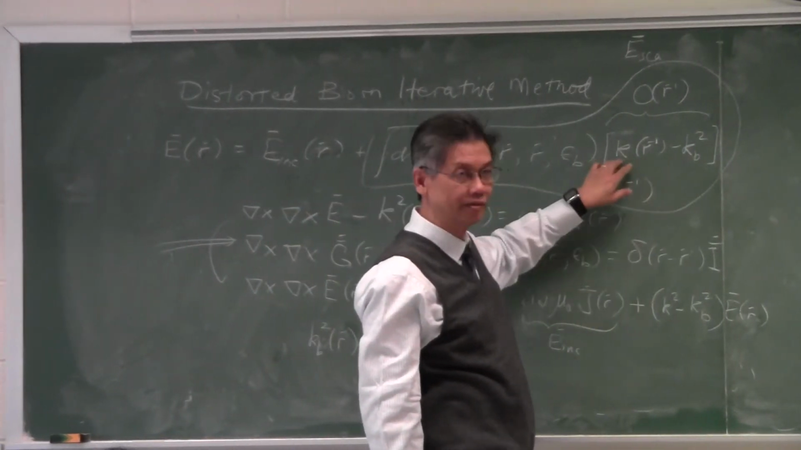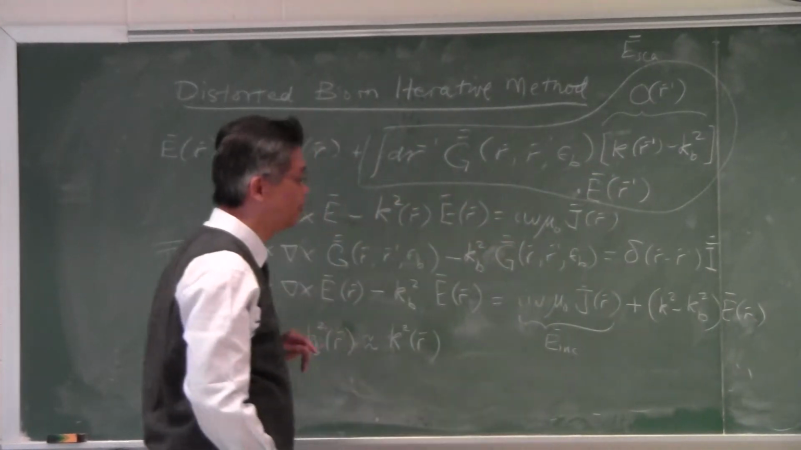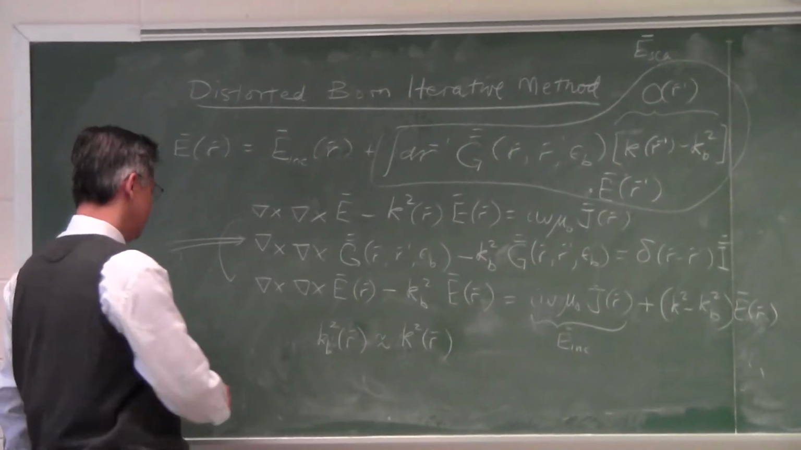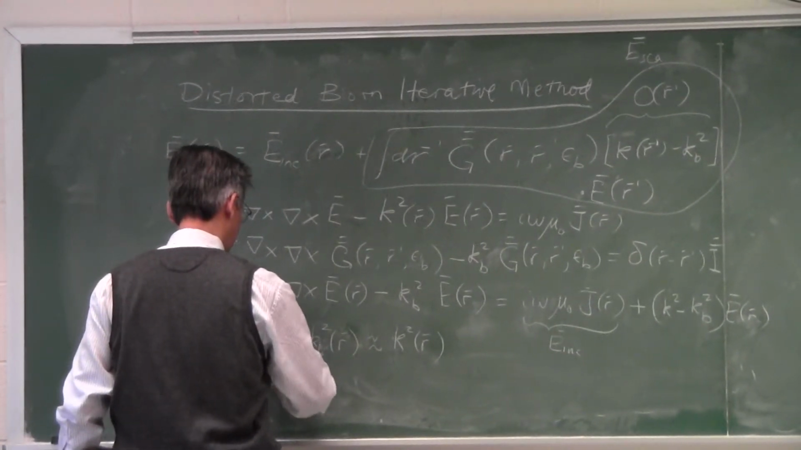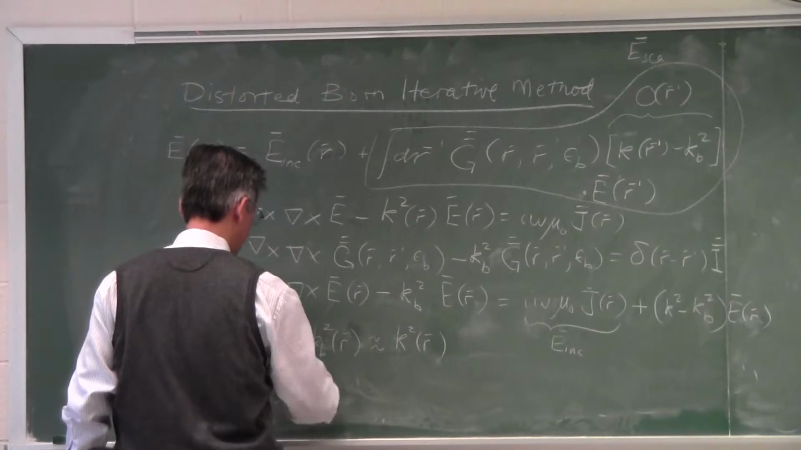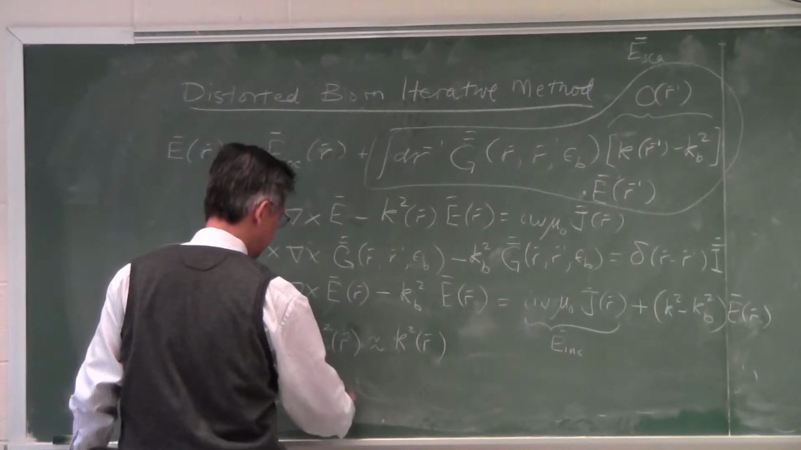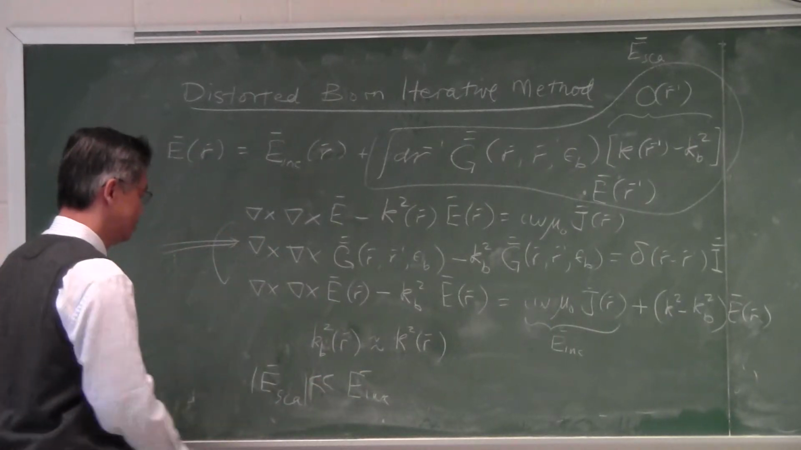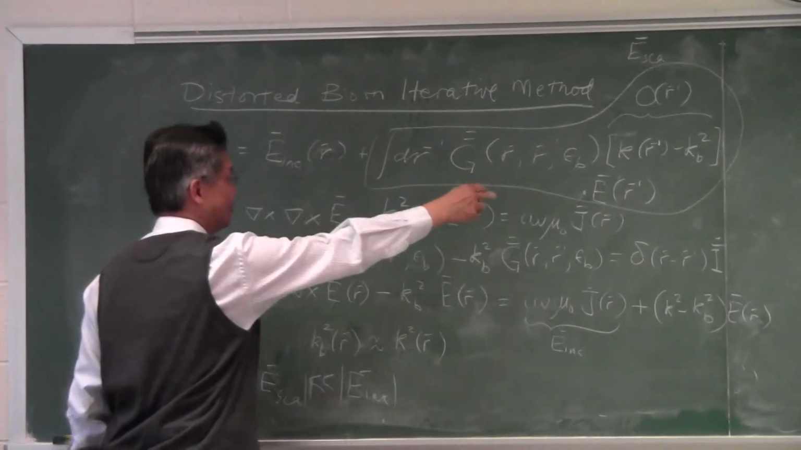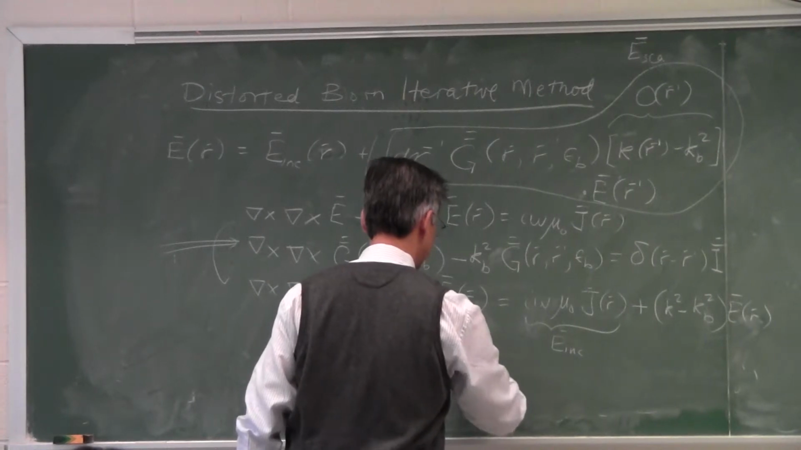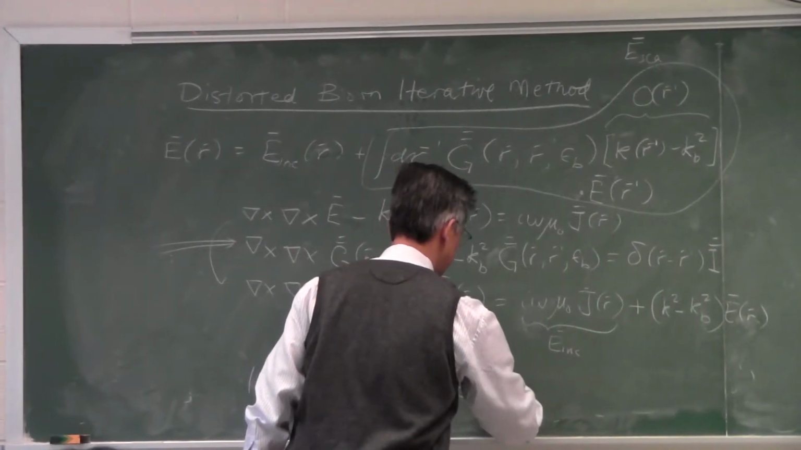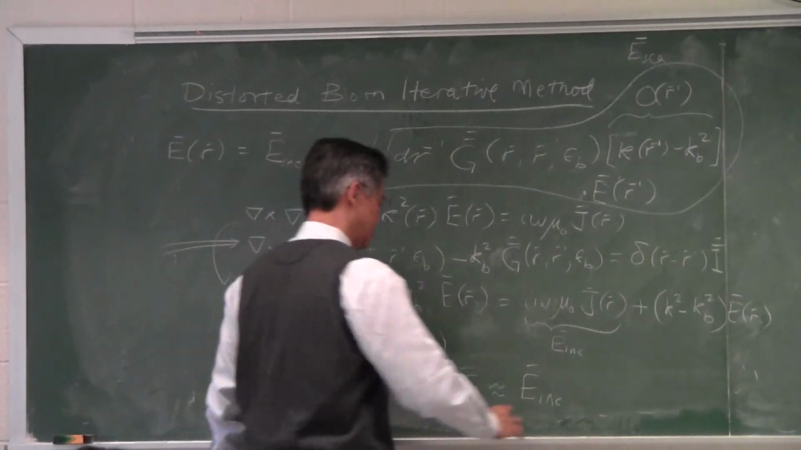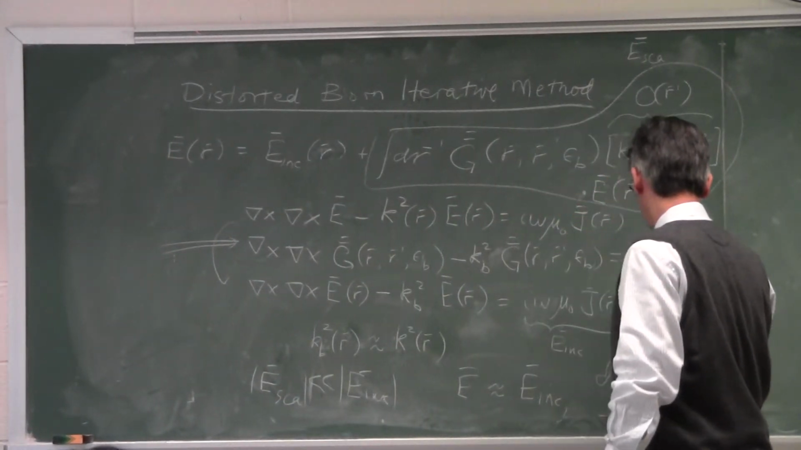You can make this close to that. And then if that is the case, the Born approximation becomes good. The Born approximation becomes good, which means that E scattered is in fact much, much smaller than E incident. And if that is the case, then you can say that this total field here is approximately equal to just E incident. Okay, that is called the distorted